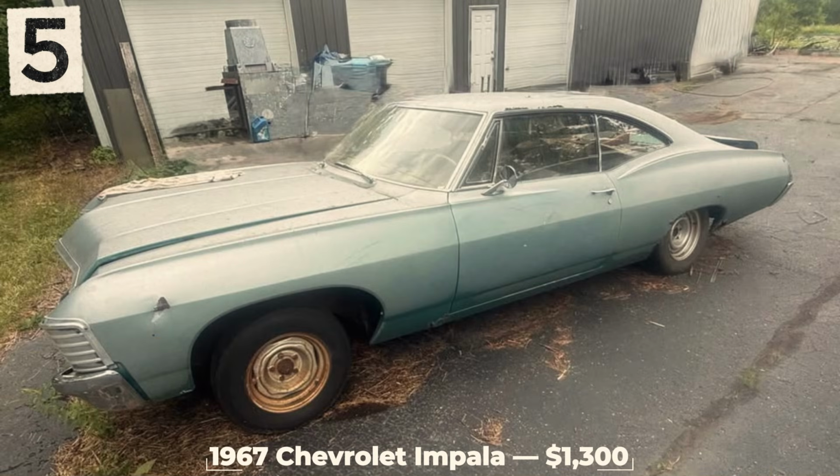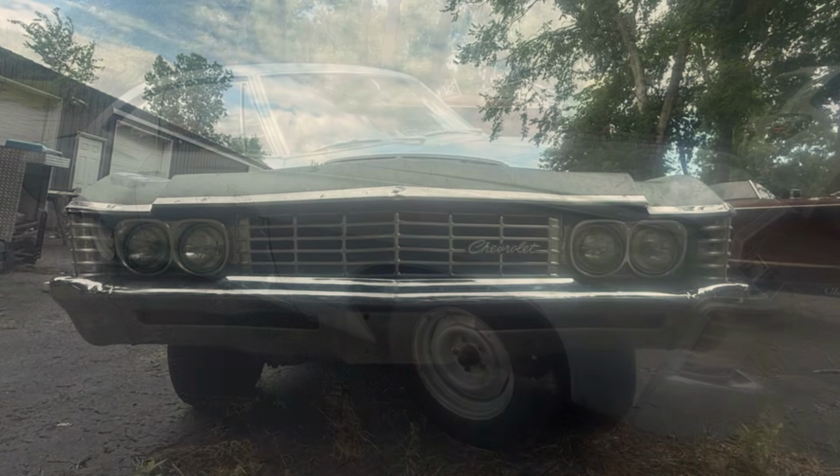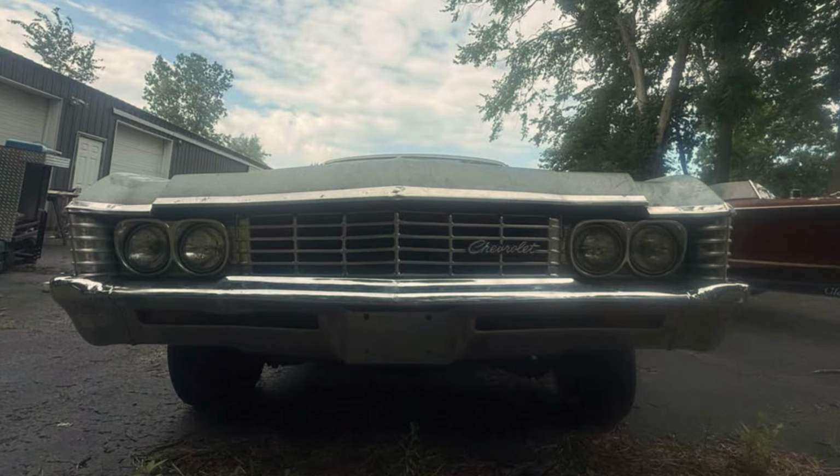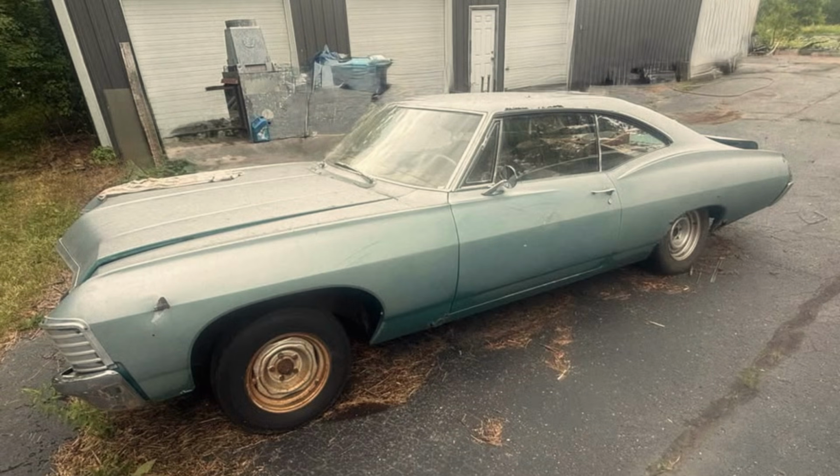Number 5. 1967 Chevrolet Impala, $1,300, Coldwater, Michigan. Listed for $1,300 in Coldwater, Michigan, this 1967 Chevrolet Impala is being sold as a rolling chassis. The seller explains that it was an unfinished project left behind by a family member and admits having very little